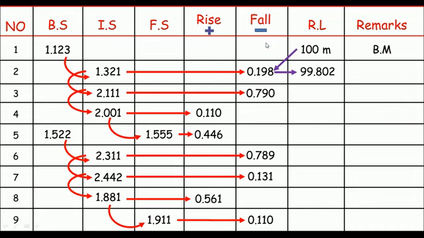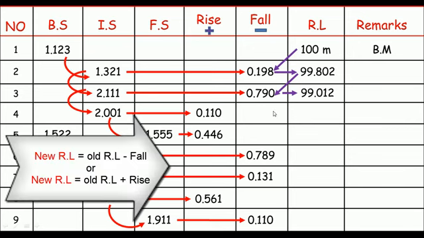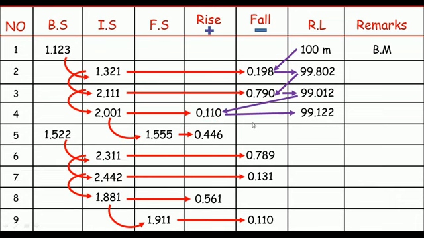Here again the next point is a fall. Like 99.802 minus 0.790 will be 99.012. So this is the RL of point 3. And again if you see, the next point is a rise. So the new RL must be the old RL plus the rise. Like 99.012 plus 0.110. This is 99.122. And so on. Do the same for all the remaining points, like